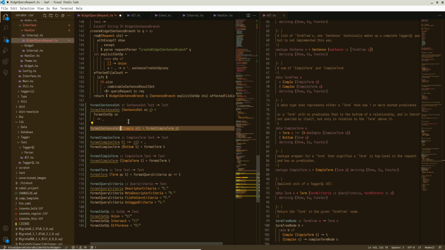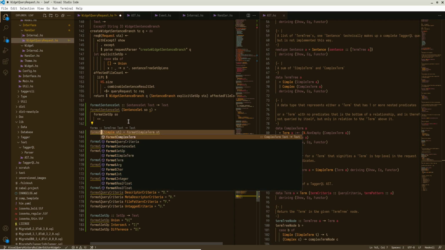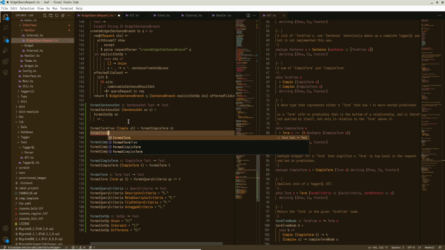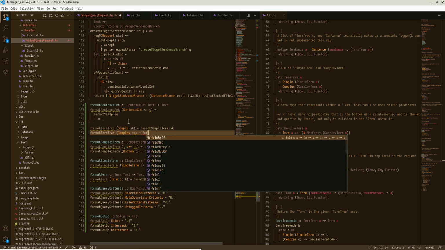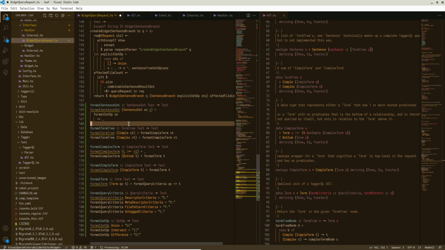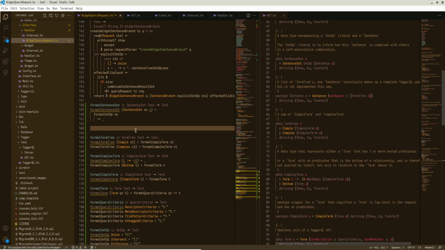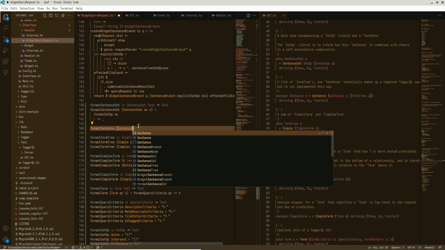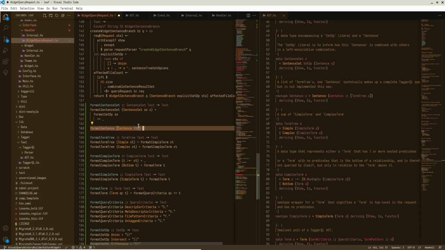Oh my gosh, it took me a second. Format term tree. Complex CT is... There we go. Do that. Here is a sentence. Format sentence. There's our term trees. So I think what we can do for these is probably just